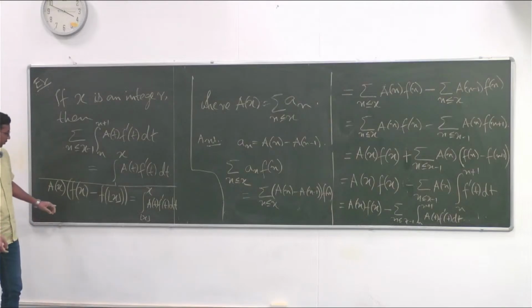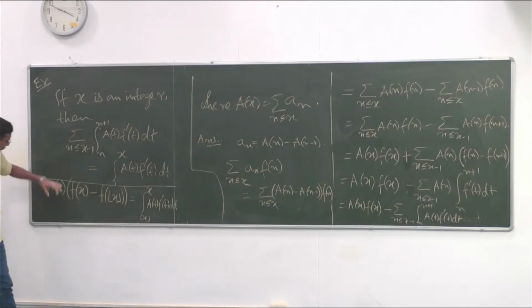And then a(x) times f(floor x) is the same as a(floor x) times f(floor x), right? So what we have here,